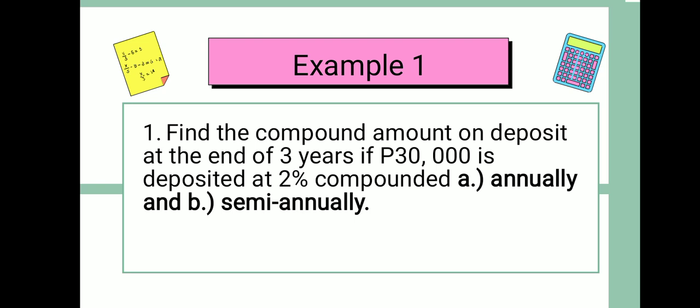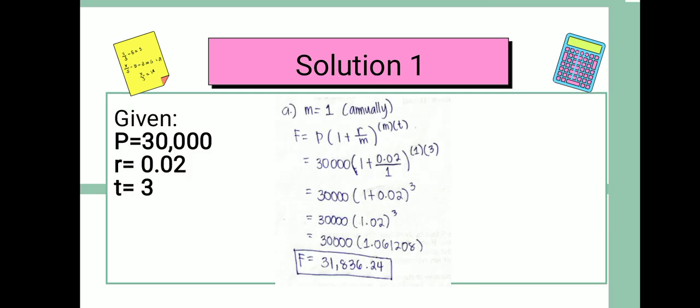Okay, let's have an example. Find the compound amount on the deposit at the end of 3 years if 30,000 is deposited at 2% compounded A, annually and B, semi-annually. So first, let us compute it annually. We have F is equal to P, quantity 1 plus r over m, raised to the power of m times t. So substituting the given values, we have 30,000 multiplied by quantity 1 plus 2% or 0.02 over 1, since it is annual, raised to the power of 1